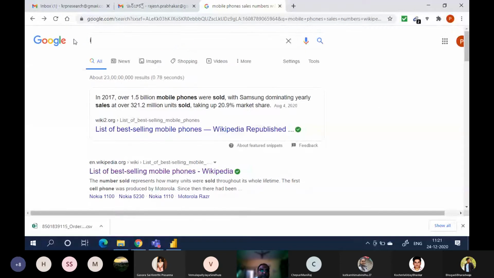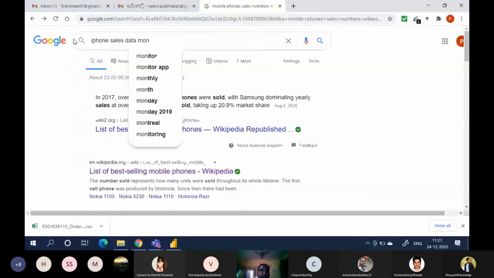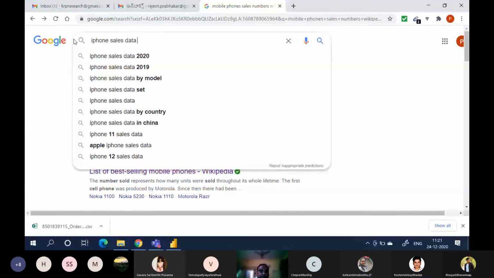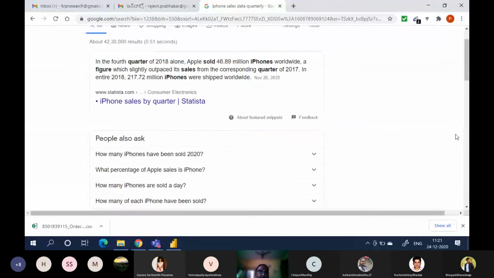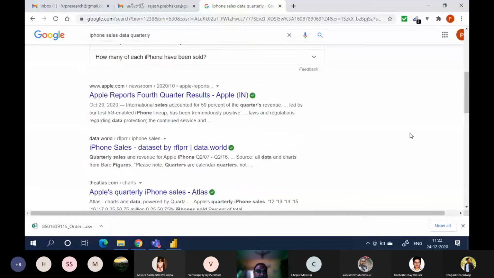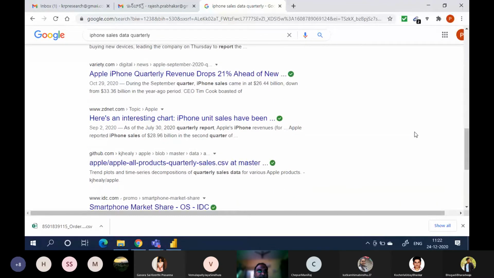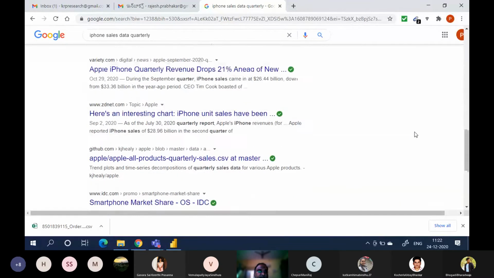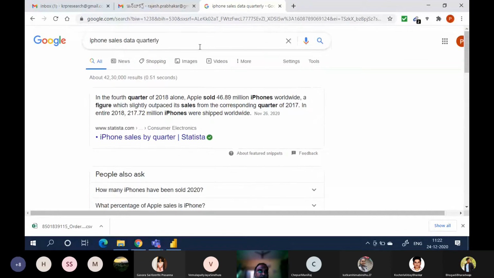I think we have iPhone sales data quarterly. iPhone sales by quarter. Where is that? Where is that?